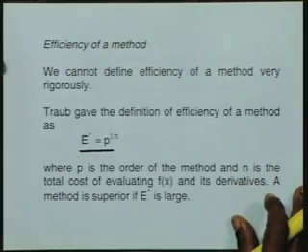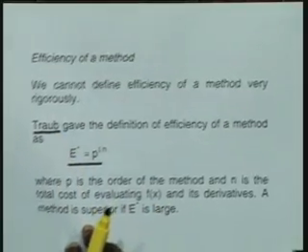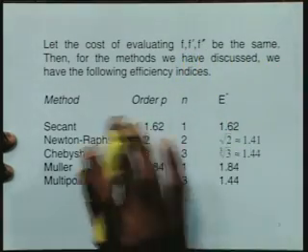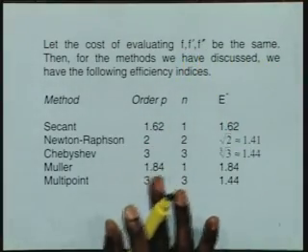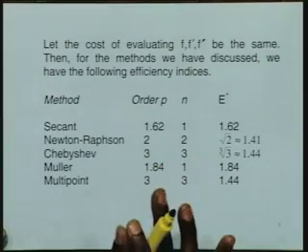But I should say that this is not a rigorous way of approaching, it is only a way of looking at these methods, and this was given by an author called Traub. Now let us just put it in a tabular form, what we have done so far in the methods. So we shall assume that the cost of evaluating f, f dash, f double dash are the same. That means the computational cost of derivative evaluation, second derivative evaluation and function evaluation is the same.